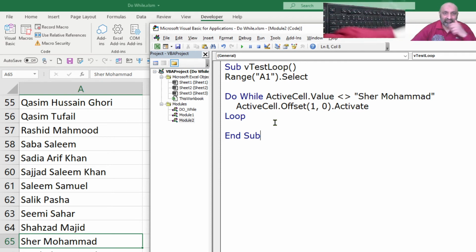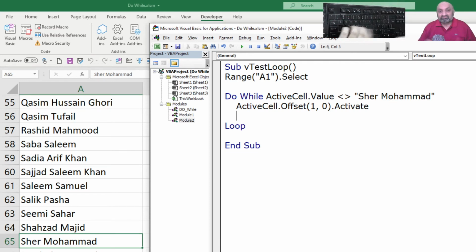Okay, so this was about Do While, but what if we want to stop in between? There may be something else to break this loop, but I don't recall it right now.